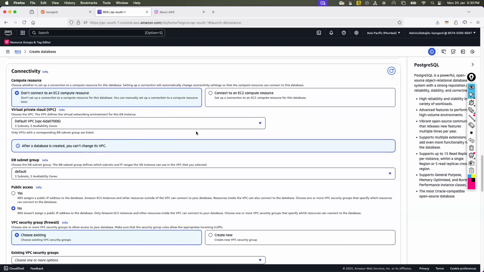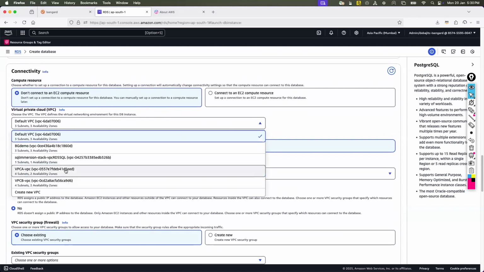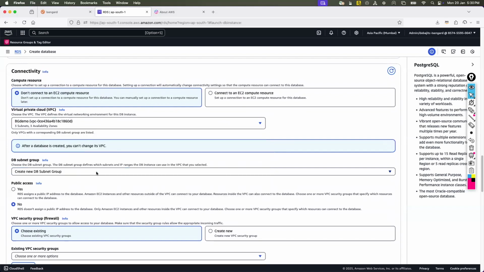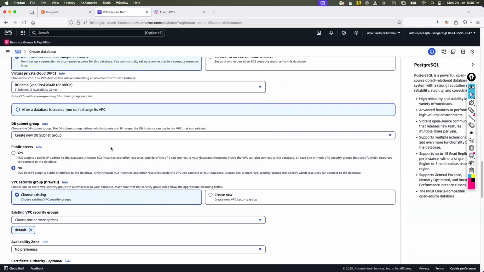And if I scroll all the way down, the same song and dance like the VPC: you have to choose a proper VPC, right? You have to choose a subnet. Tell me one thing. Do you think the database should be in the public subnet or private subnet? Think. If you think it is the private subnet, then you are correct. Why? Because you must not expose your database to the world, because it's very confidential, right?